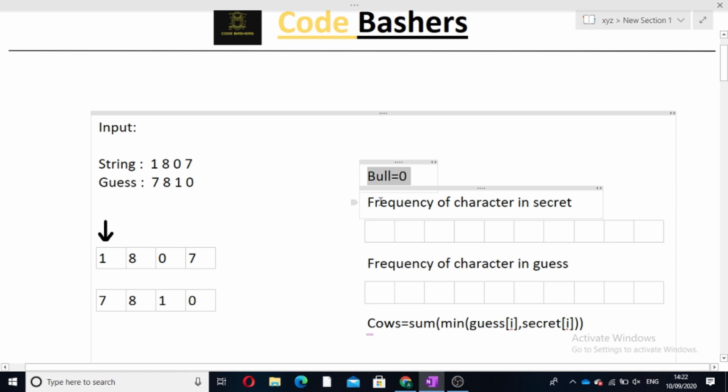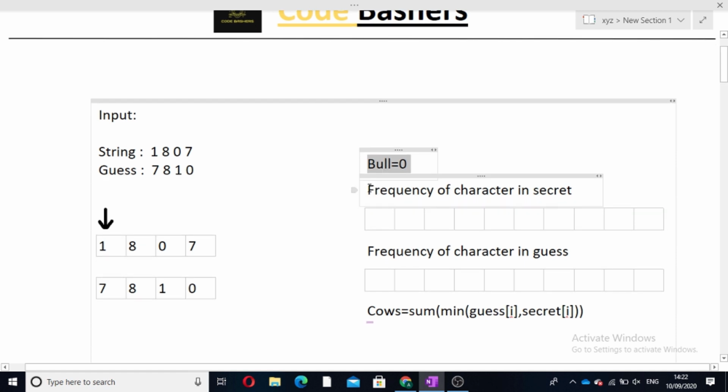But in this question we also have to form two frequency arrays. The first frequency array will store the frequency of numbers of the secret string, and the second frequency array will store the characters of the guess string, the number of times they are appearing. If while traversing both the characters are the same, then it will be counted as a bull, and when both the characters are different, then we will update the frequency array at that particular index.